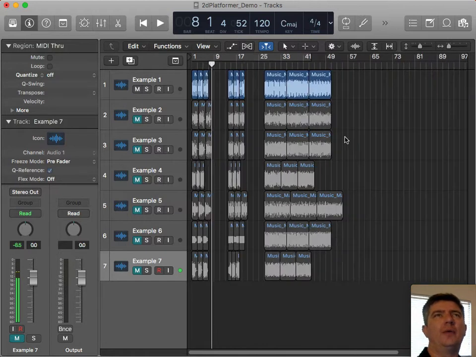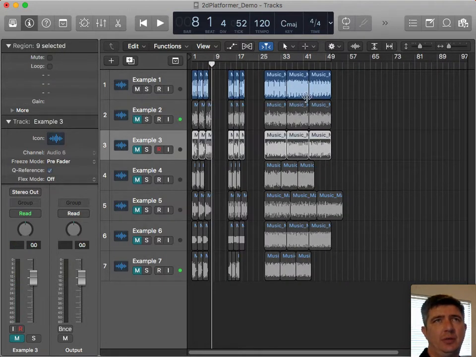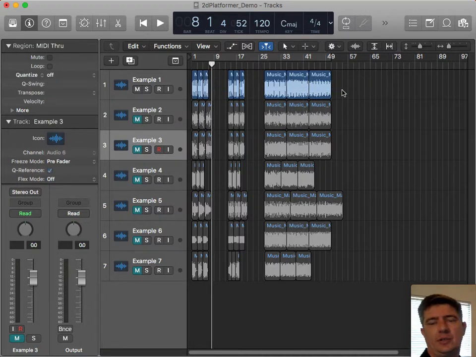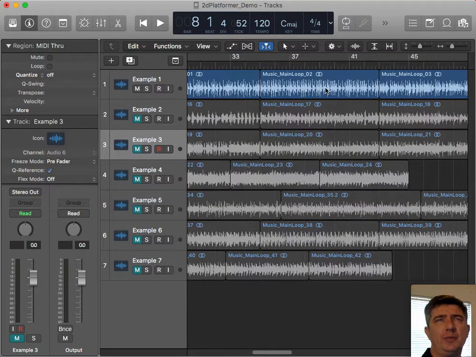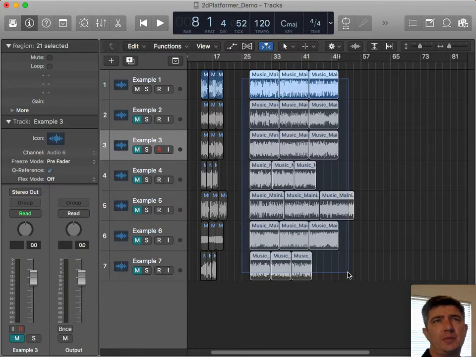All right. What I have here is each track is a different student submission. You see here are the 9 files that each person submits. We have 3 main loops. This whole column over here, these are all main loops. You can see that they're each a little bit longer.